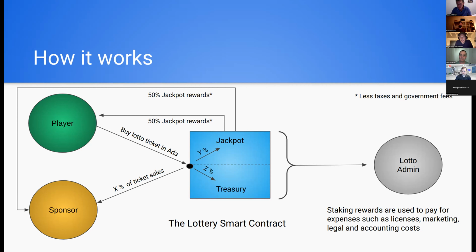And what about the Lotto algorithm, like drawing the numbers? How is that done? Yeah. So the first version I have right now uses the hash and key of when the administrator moves it to the next state. So the players wouldn't necessarily know what the number is in advance, but the Lotto admin could predict it.